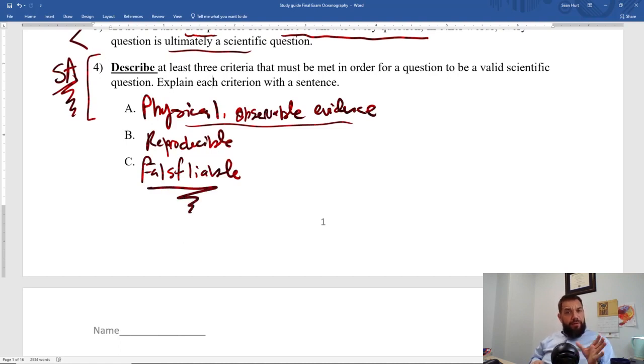Be prepared when you come into the test day to have a question that is not a scientific question, and be able to write about it. So for example, you could say, just what I said, fairies come in the middle of the night and they're invisible, they're undetectable, you can't sense them in any way, and they come and they sprinkle salt into the ocean. That's how salt gets into the ocean. See, that's a statement that we can't prove true or prove false with science, okay?